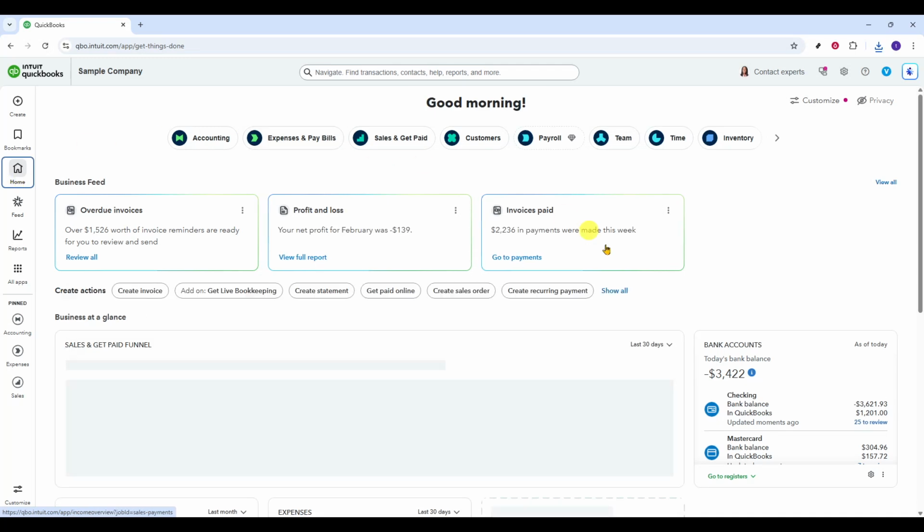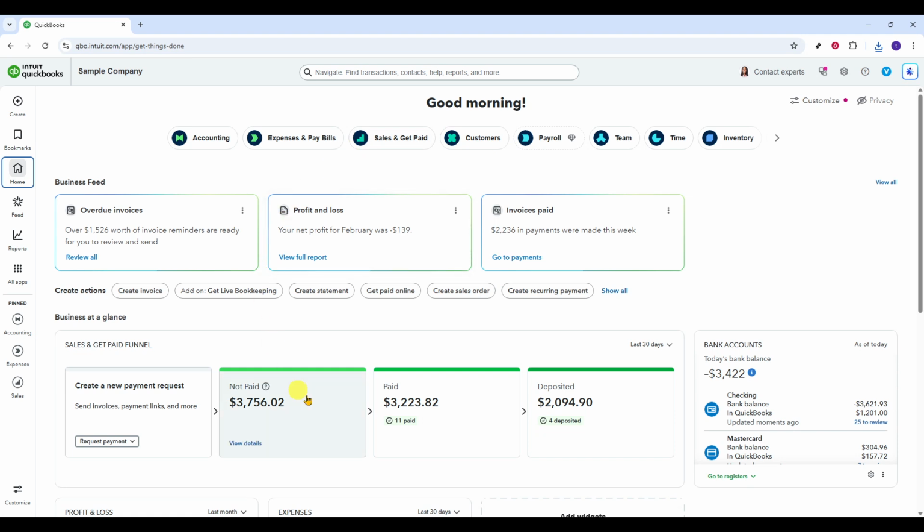Hello, today we will guide you through how to categorize bank transactions in QuickBooks. Let's start by opening QuickBooks and heading to your main dashboard. This is where you can quickly jump into the tools that keep your books up to date. Our focus is on getting your bank activity into the right categories so your reports, budgets, and taxes stay accurate